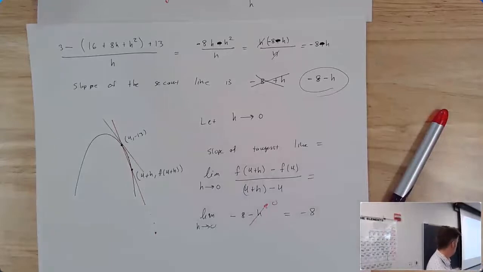So the secant line is basically just the slope. How do we define the secant line? The secant line is a line that goes through 2 different points on the graph. We're finding the slope of that line. So the secant line is basically the line that connects any 2 points, and therefore its slope is equal to